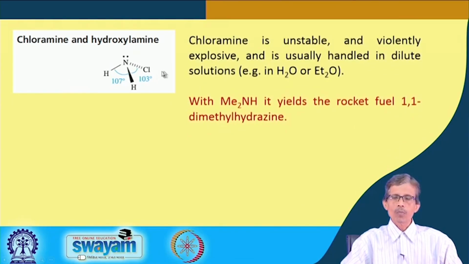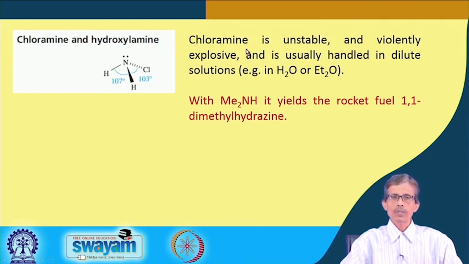We should know how good this compound is. Chloramine is a very unstable compound, so it is handled at a very low temperature and in a very dilute condition, because whenever some compound is explosive in nature, we should go for stabilizing it. It can also be a gaseous one like hydrazine. We have seen that hydrazine can be stored well in a dilute solution in presence of water, which is why we get hydrazine hydrate. Similarly, chloramine is also unstable because it is highly reactive.